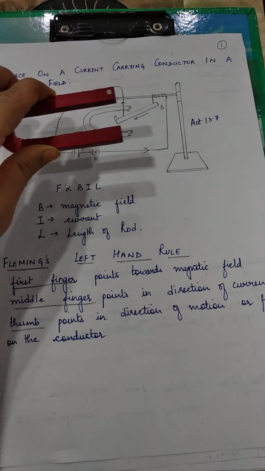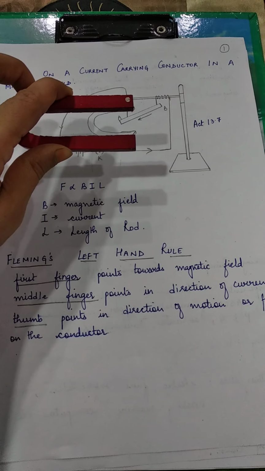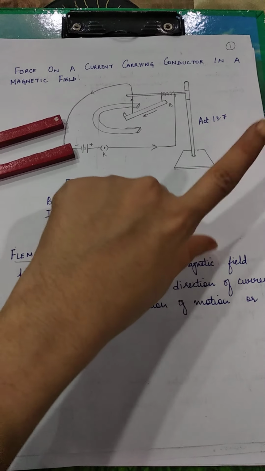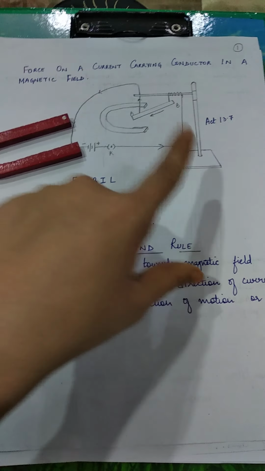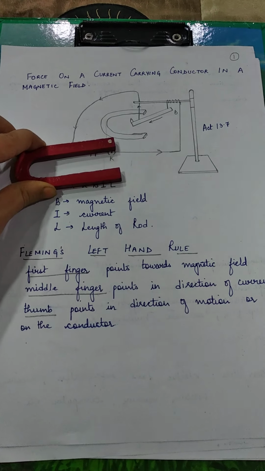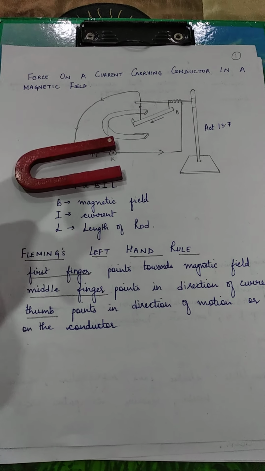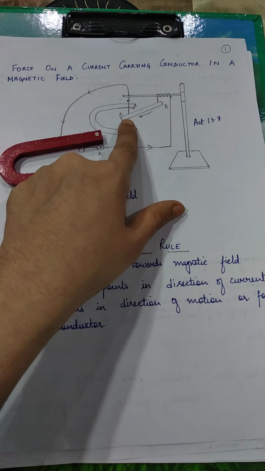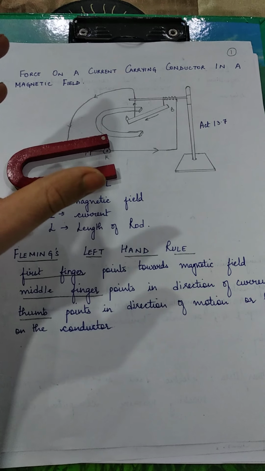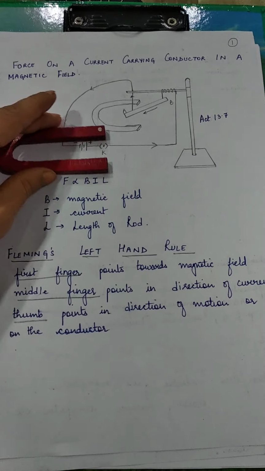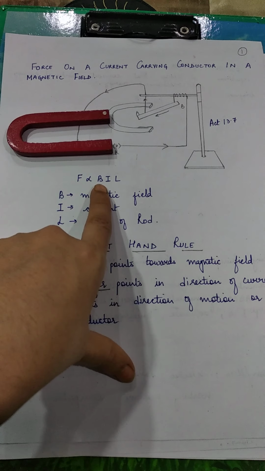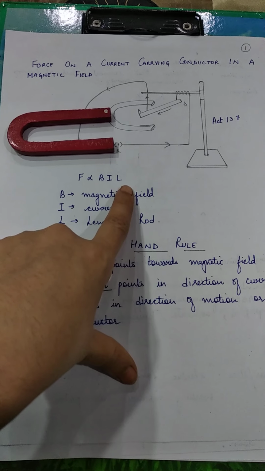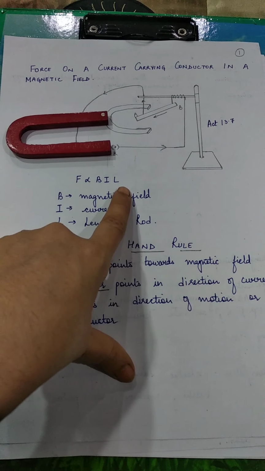Now, if I bring this horseshoe magnet, which already has some magnetic properties because of its nature, the magnetic properties of the circuit and the magnetic properties of this magnet will interact with one another. They will interfere with one another, causing a displacement, a motion, a movement in this metallic rod. Why will a movement take place? Because of the force created. And what is this force proportional to? It is proportional to the magnetic field strength, directly proportional to current, and also proportional to the length of the rod.